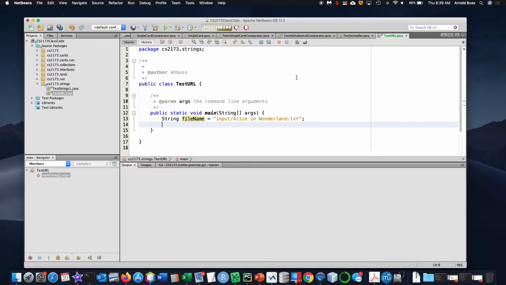Notice what this is looking for: because I don't have a forward slash at the beginning, it's looking for a path relative to where I'm running the virtual machine, which in this case is the root of my project. So actually, this is the root, this is where it's running, and then